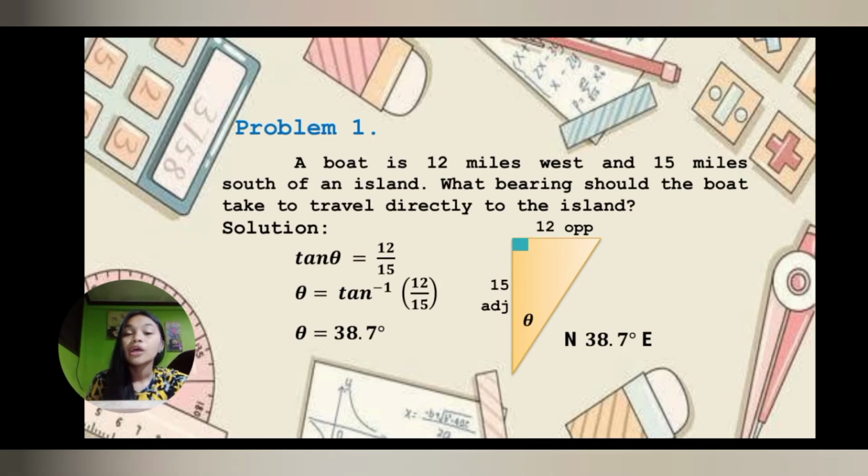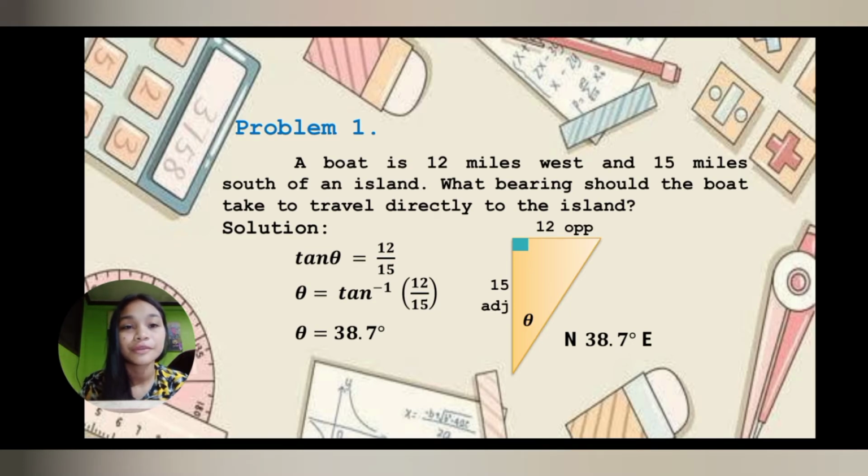So let's have an example. Problem number 1: a boat is 12 miles west and 15 miles south of an island. What bearing should the boat take to travel directly to the island? So the solution is this one. Tangent